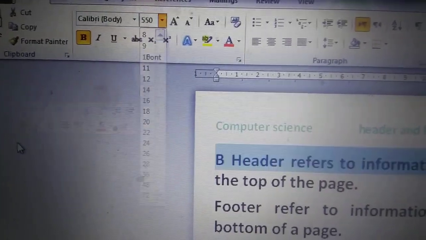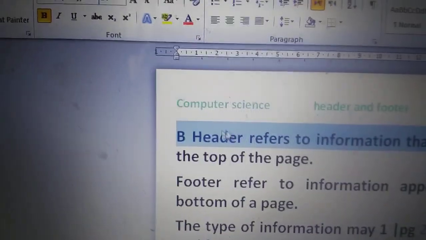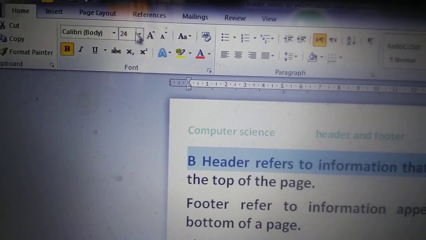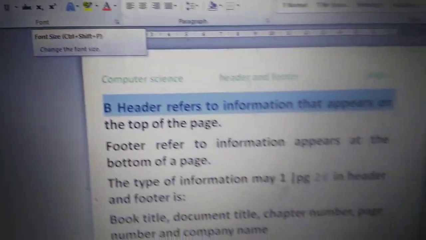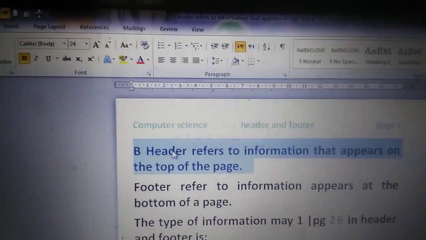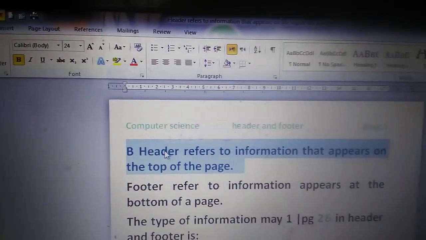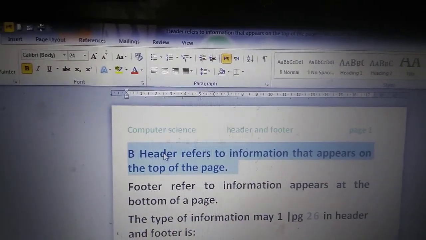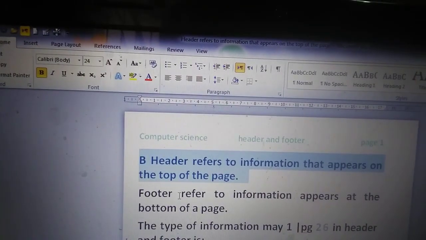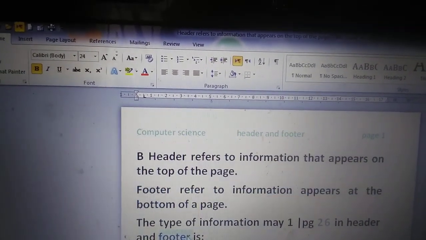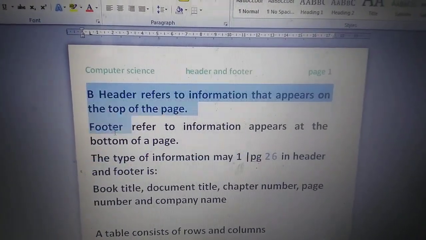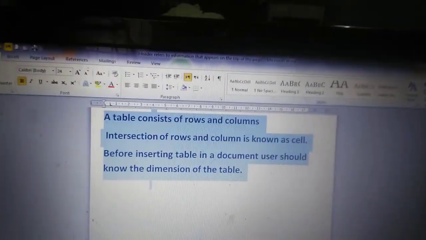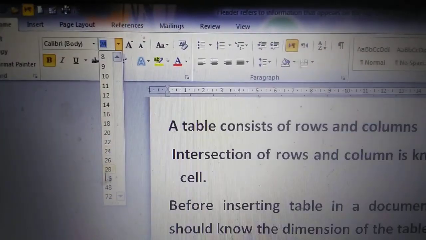Okay, from here you can change the size. Let's suppose we want the size 24. If I select 24 from the bar and enter it, the size will definitely change to 24, which is this first text of the Word document being highlighted as size 24. The next one is also 24, and the further one is also 24, because I have already done it. In order to increase it to a greater size, you can change from here, and you can have the greater size also.